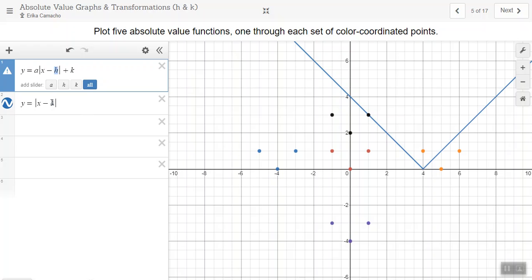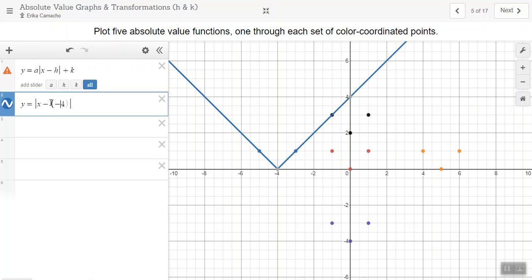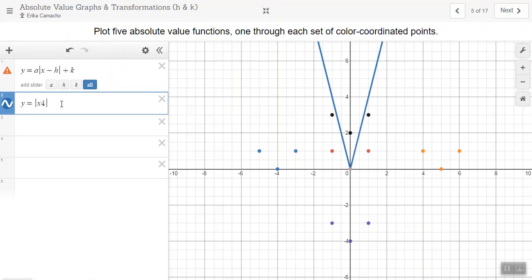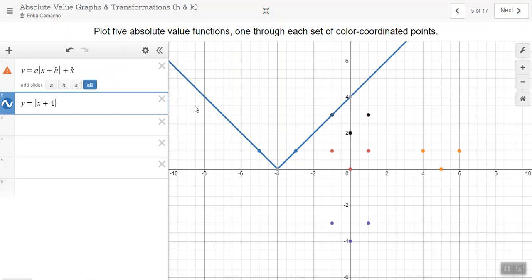So that means that this h needs to be -4. So you see how I stuck that in there? And see how it graphed correctly. So now I can't leave it like this because I can't have a negative, which means that's a positive. So that means I'm going to change this to be +4, and you can see it graphed a function through